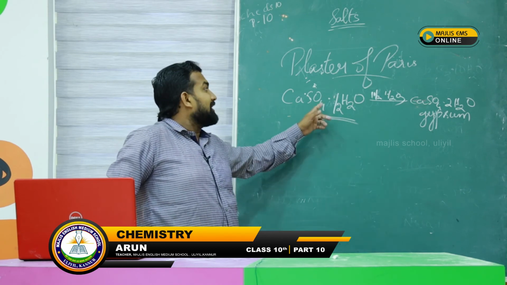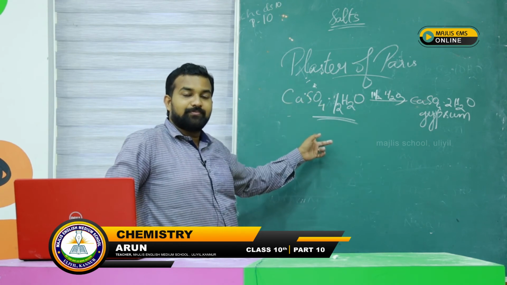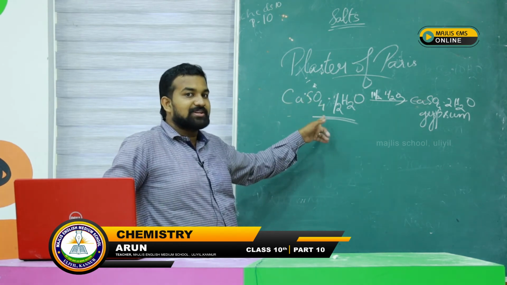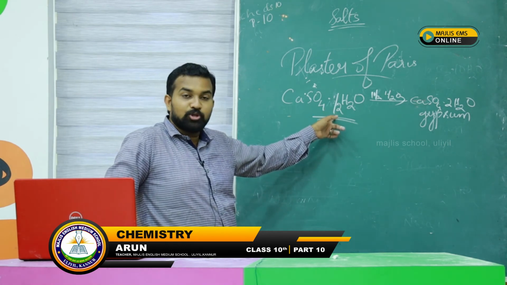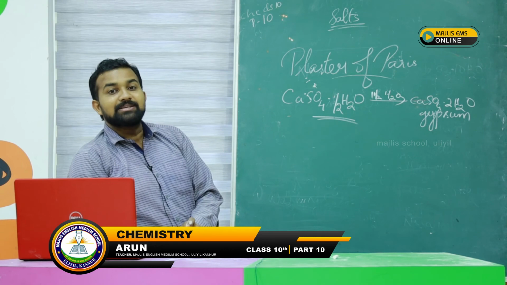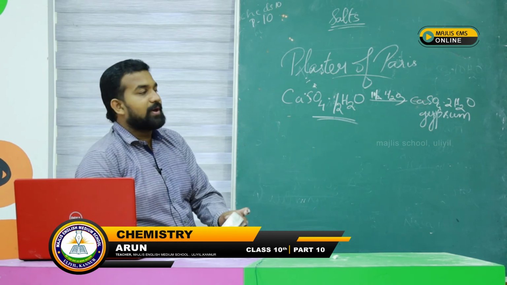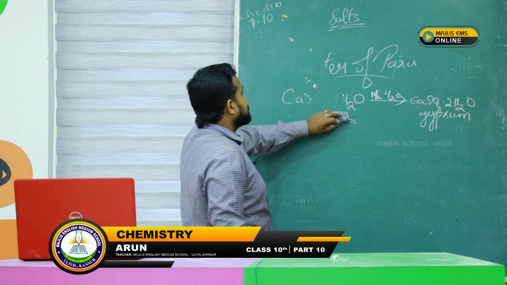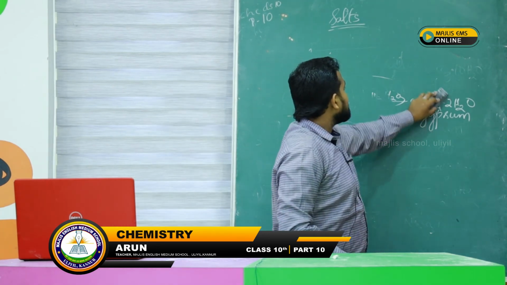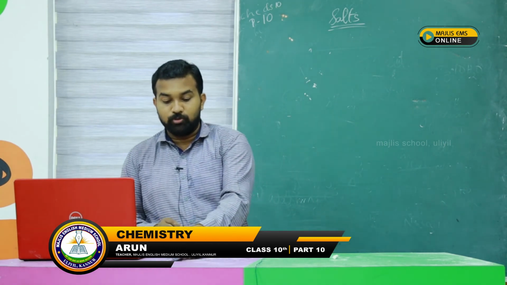Okay, so this is another salt which we deal with in our day to day life. Here also water of crystallization is there. Here half a molecule of water is there. There, two molecules of water are present as water of crystallization. So the uses of plaster of Paris also you can find out. Clear? Okay, so you can find these out as homework and write them in your notebook.